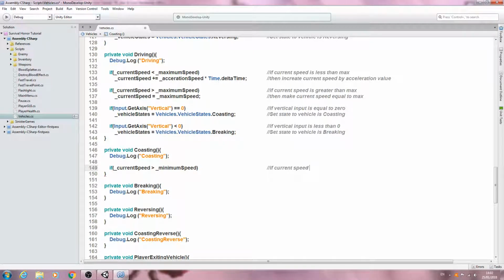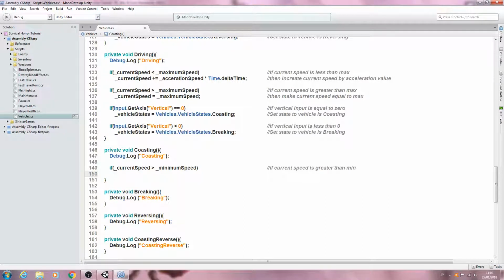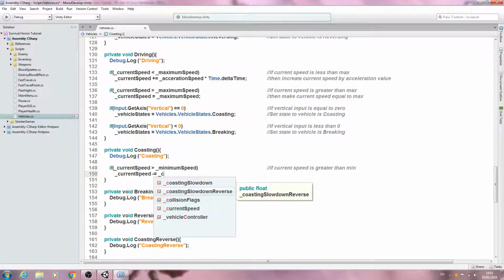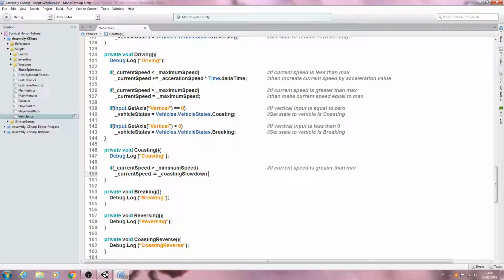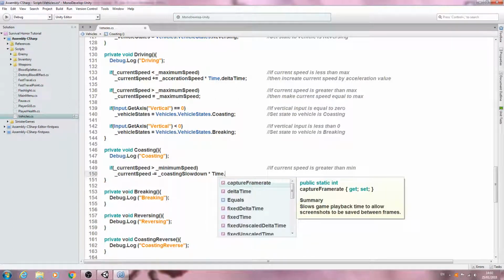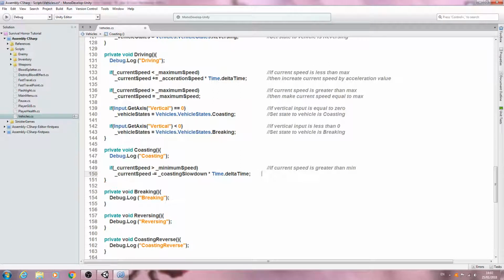Let's get that straight into the comments. If current speed is greater than min, then we want our underscore current speed, we want minus equal, and the coasting slowdown value, and we'll just say times Time.deltaTime. We'll close that line off, and we'll put that straight into the comments: then decrease current speed by coasting slowdown,